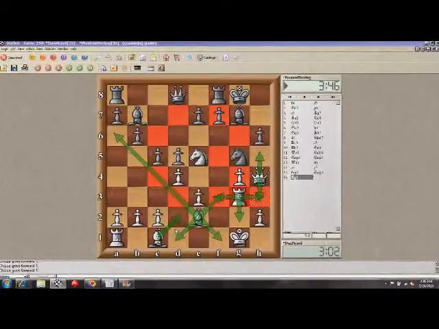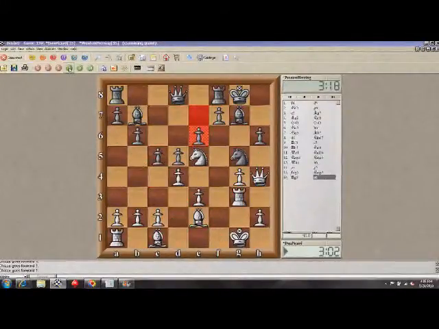Also potentially helpful is something like b3 combined with bishop d3 and bishop b2 or bishop a3 to improve the bishops, get them into the game a little more. So yeah, I think that white needs a reorganization plan. All right, so